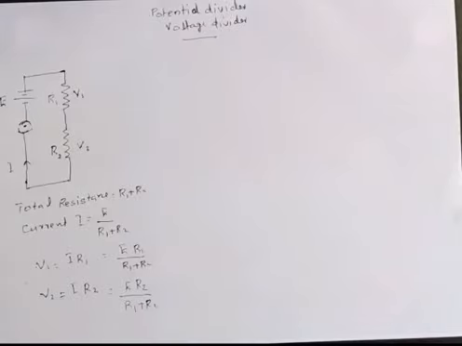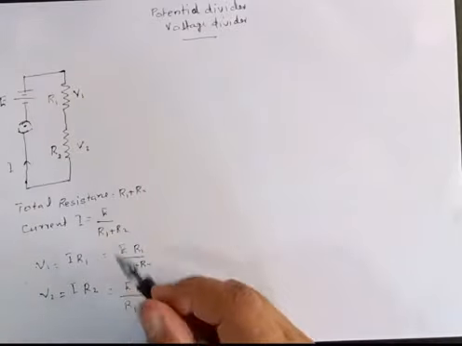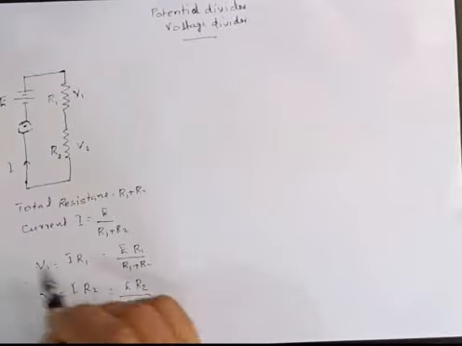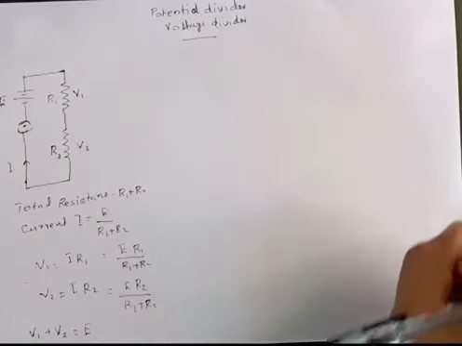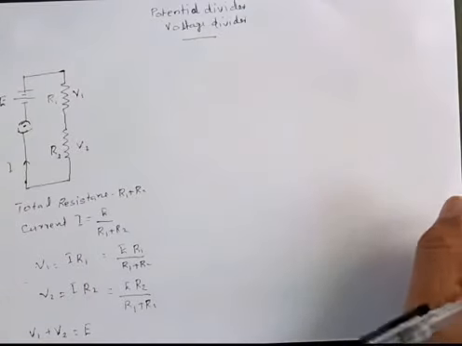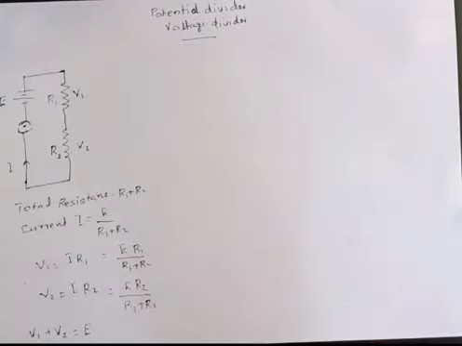So just by adjusting the values of R1 and R2, you will be able to get different voltages. And in every case, if you add up the two potential drops across R1 and R2, you should get the total EMF. So you can just write V1 plus V2 is equal to E. So these relationships are valid for a potential divider circuit. And we will see how we can implement a switching device or switching circuit using a potential divider.